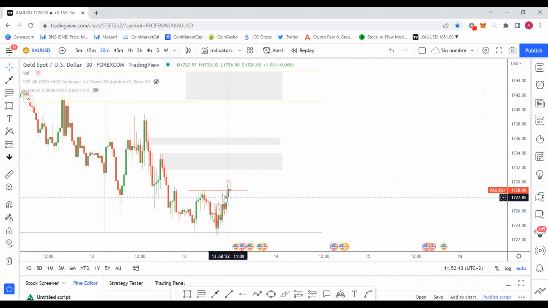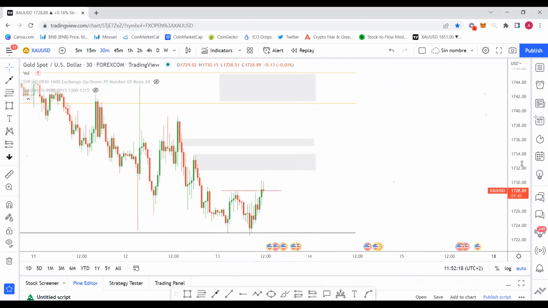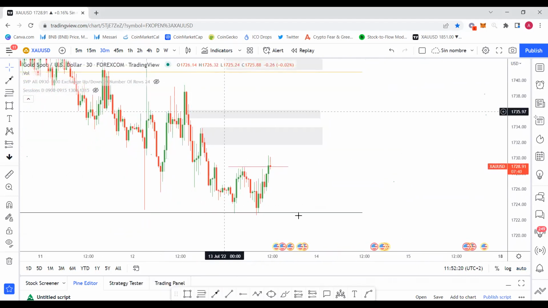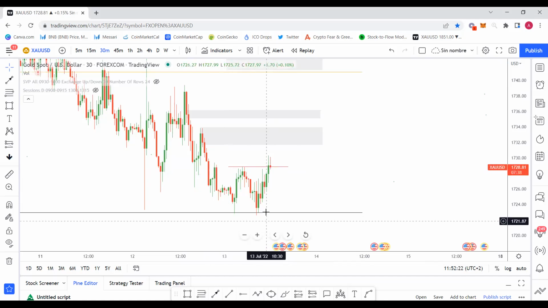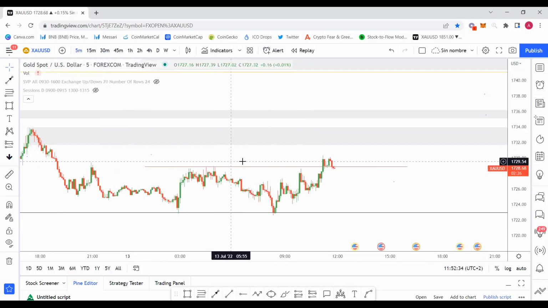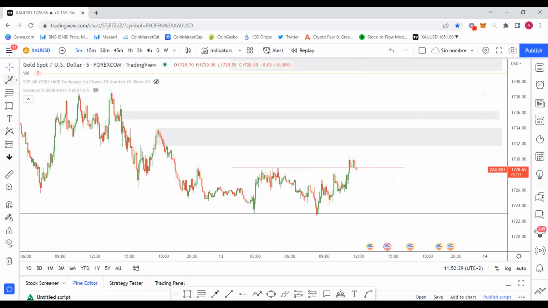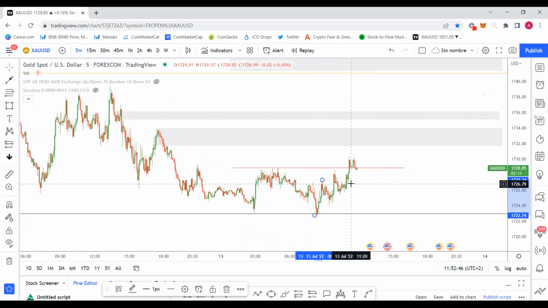For me, because I wasn't really focusing on that 5-minute head shoulder pattern, but I find it completely valid, okay? But as I say, price is in this range, okay? I'm focusing more on the bigger picture today for gold, okay? For those of you that were trading this head shoulder pattern, you should have already been taking profits, okay? Because usually, let's see, you want to be setting your objectives, okay?